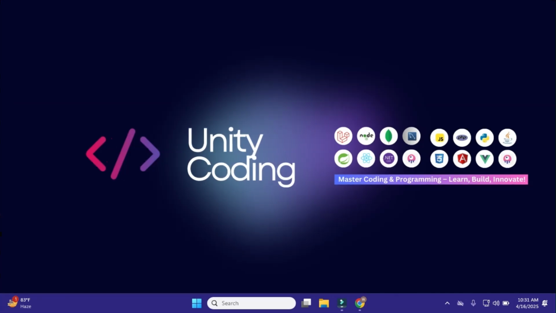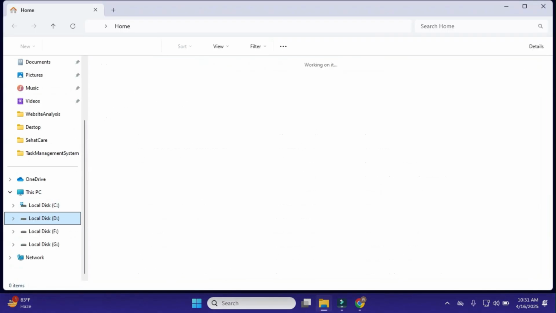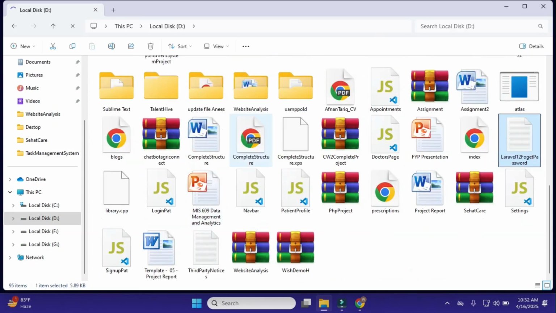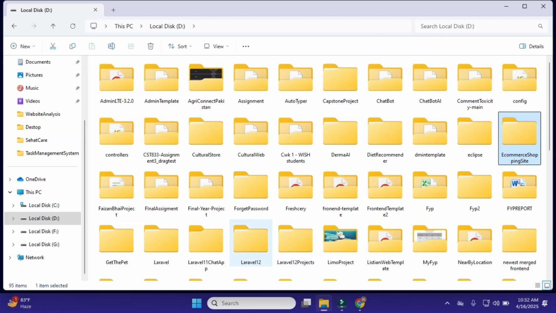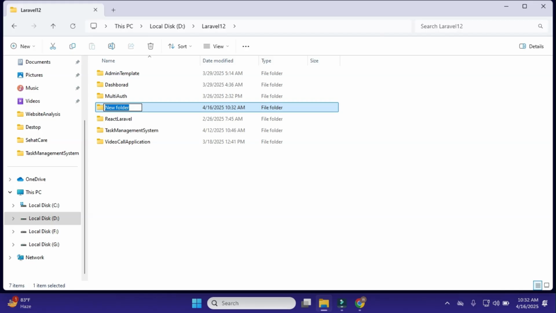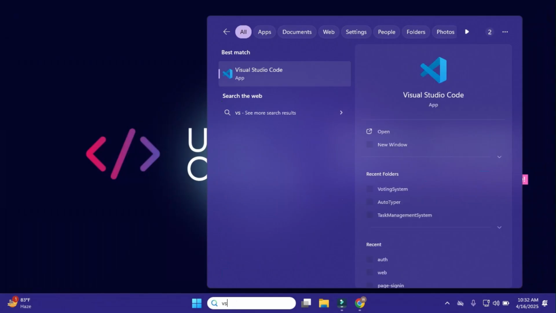First of all, we simply create a new Laravel project, and for this I'll go to my Laravel projects directory where my Laravel projects are. It is in local disk D, and here I have Laravel 12. Within it I'll create a new folder, and name it task project. That's it. Then I close this and open my VS Code,